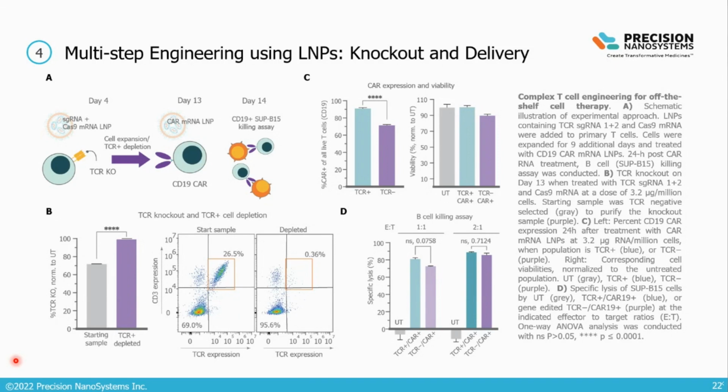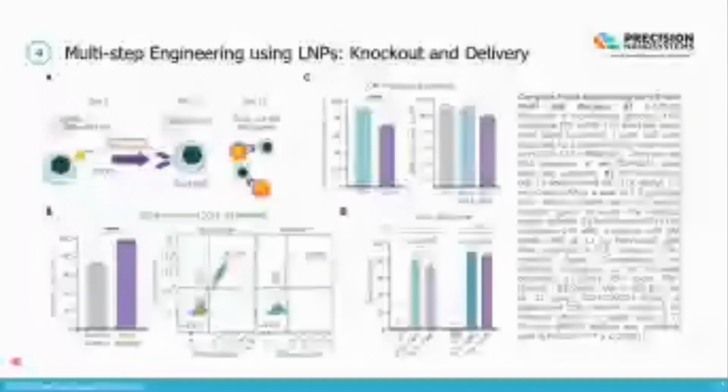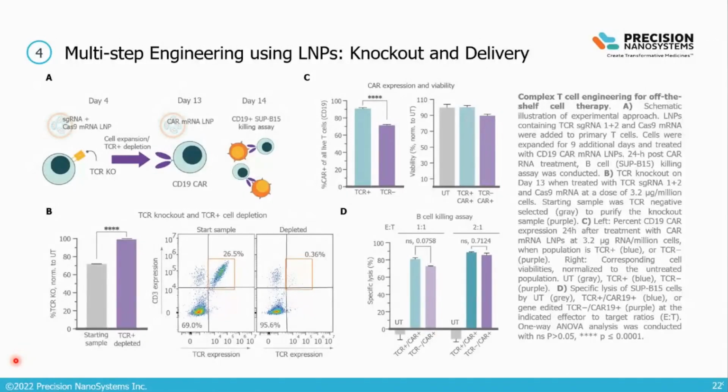We waited for these cells to expand to really get sufficient numbers, and then did a TCR negative selection to deplete the TCR positive population. We took these pure gene edited cells and added the CAR mRNA LNPs onto them. And then the exciting data, we did do a Sub-B15 killing assay where we checked the functionality of these CAR T cells. So in the bottom panel, we have the knockout and purification,